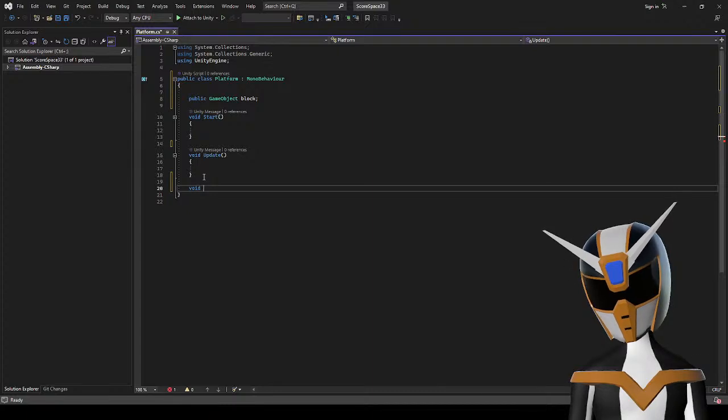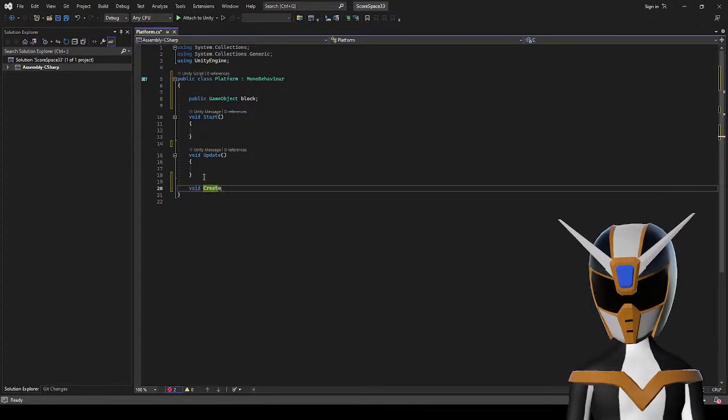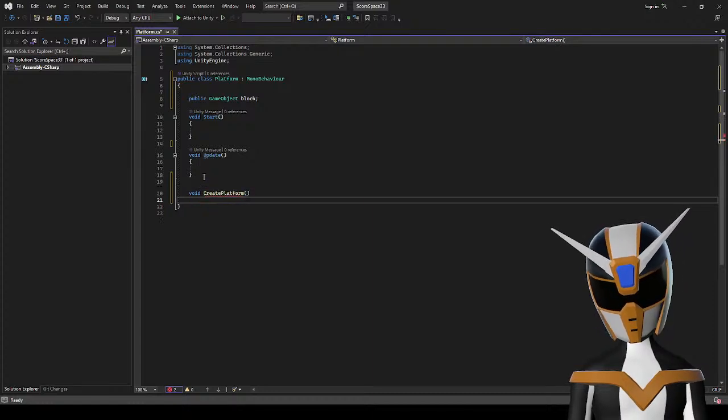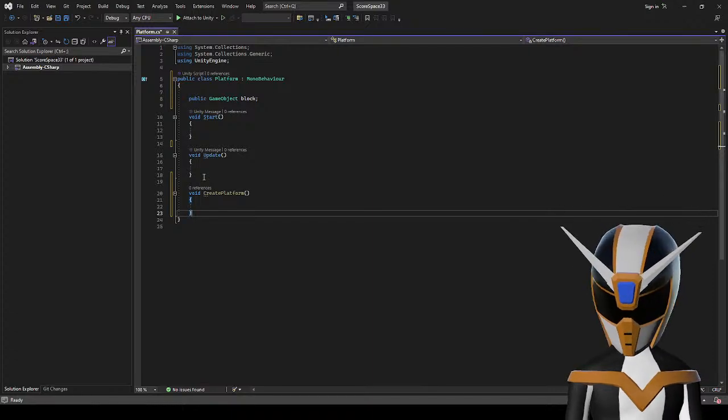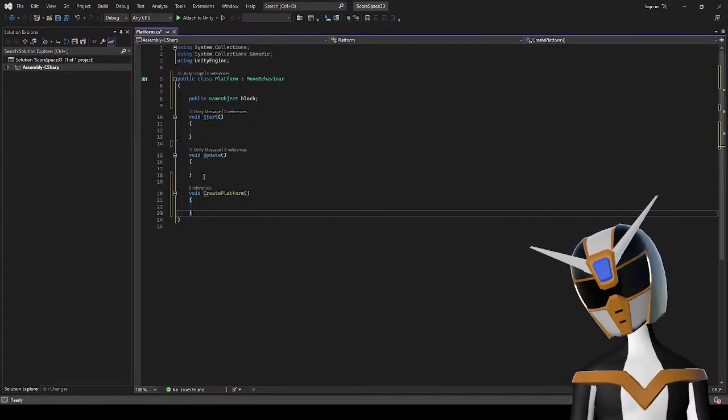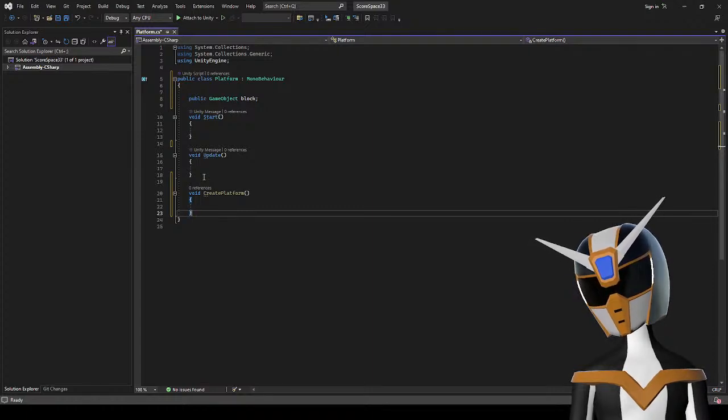So now let's create a method for create platform. And then I'm going to need a platform length and a platform height.